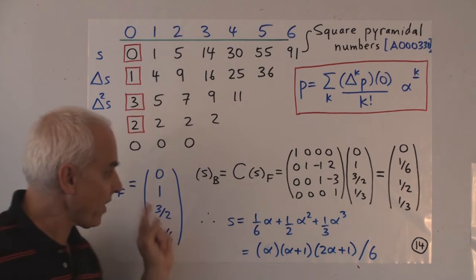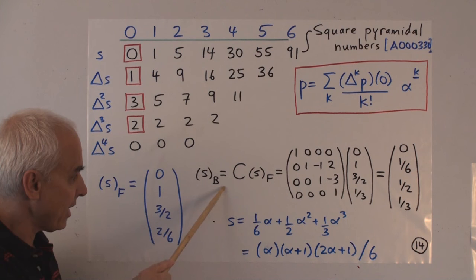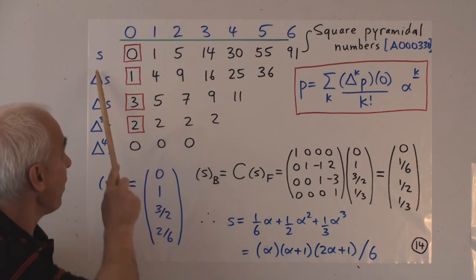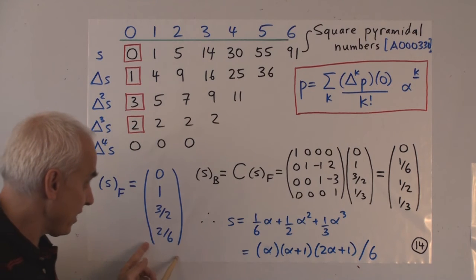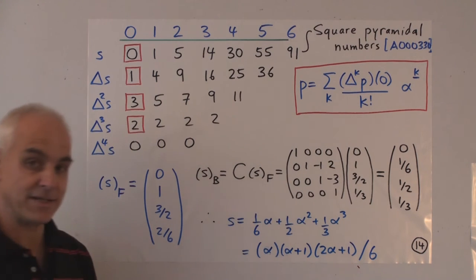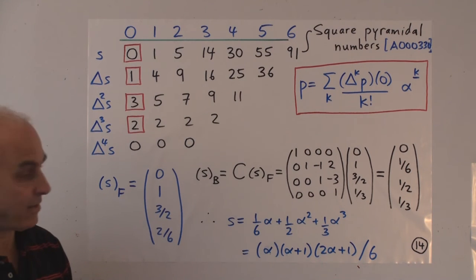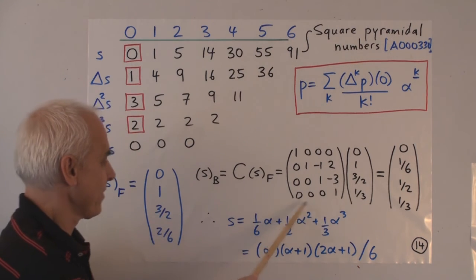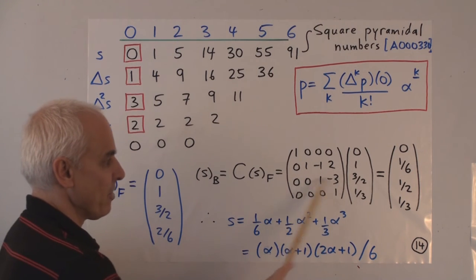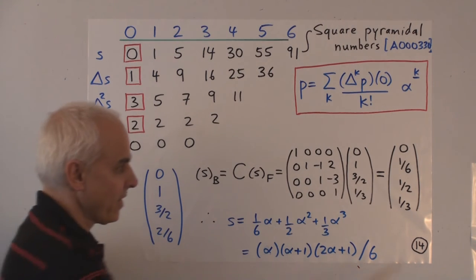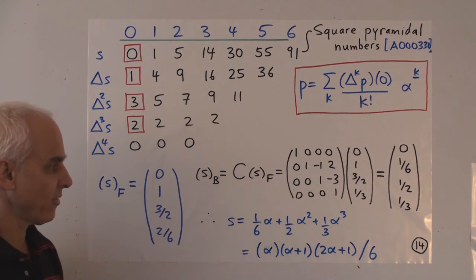We're just going to observe that the formula we've just learnt is that if we want the coefficient vector of our sequence with respect to the standard basis, we just take the coefficient vector with respect to the f basis and multiply it by this matrix C. There's the matrix C. There's the coordinate vector with respect to the f basis. Do the matrix multiplication. That's then the coefficient vector with respect to the standard basis.